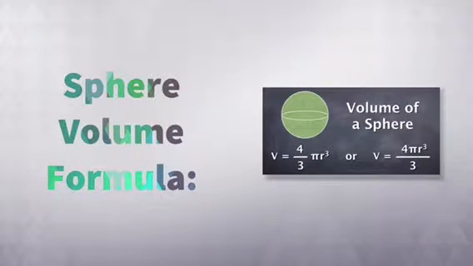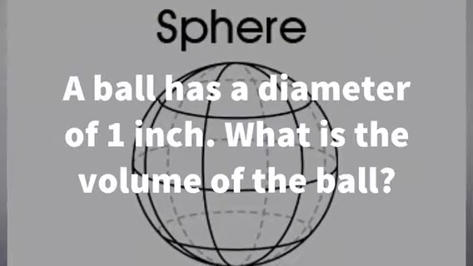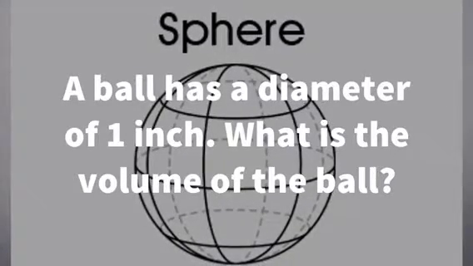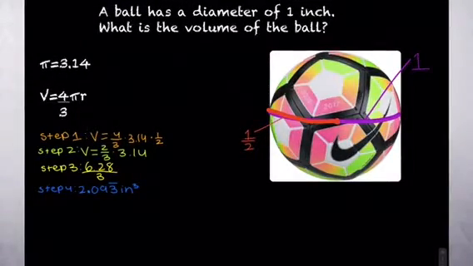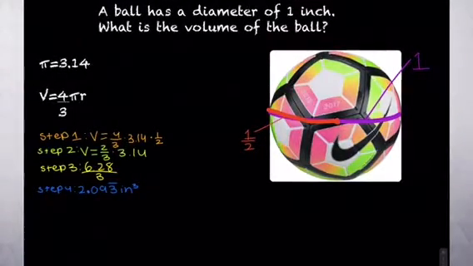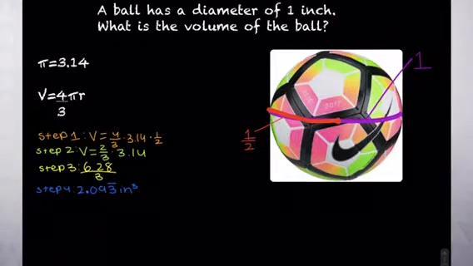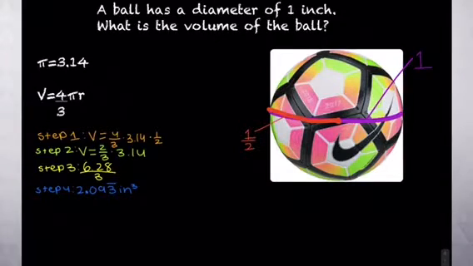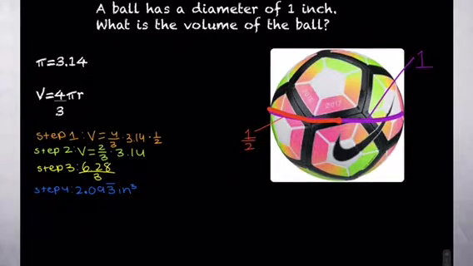The sphere volume formula is V equals 4/3 pi r cubed. The question is, a ball has a diameter of 1 inch. What is the volume of the ball? Since 1 is the diameter, 1/2 is the radius. So I plugged it into the formula and got V equals 4/3 multiplied by 3.14 multiplied by 1/2